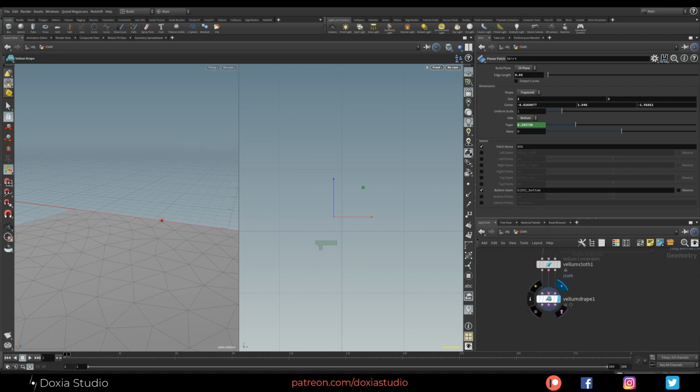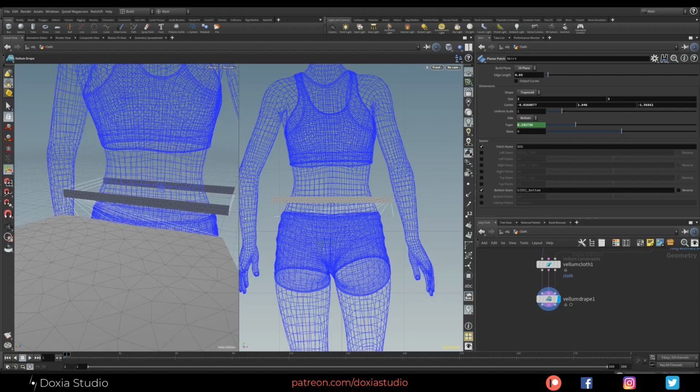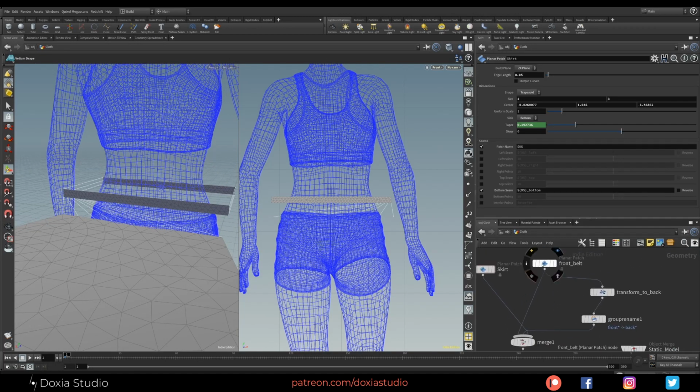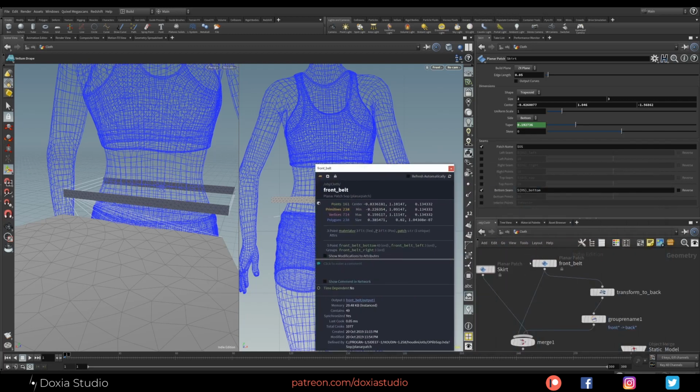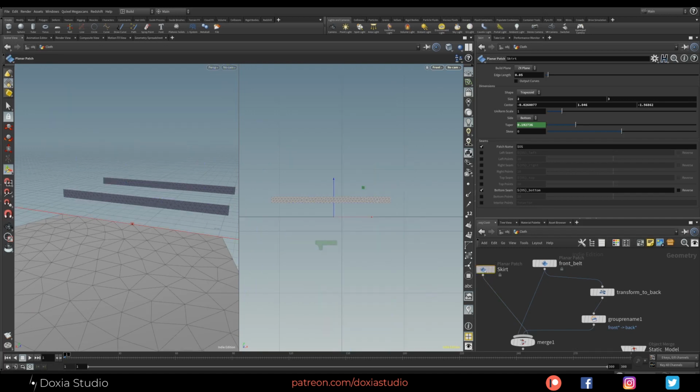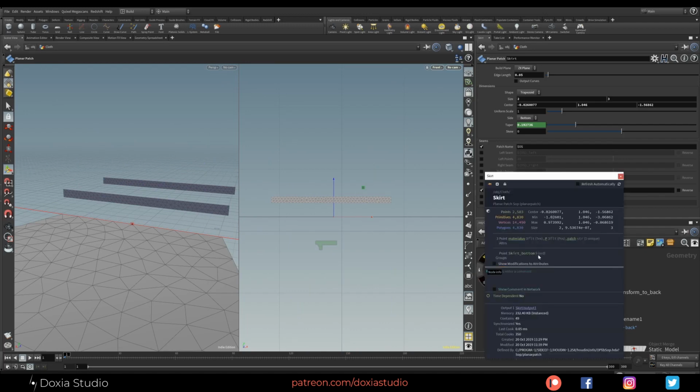Again, if we check vellum drape, we don't have enough points to wire this. So one way to do that is, if I remember, here on the point groups, on the information from this patch node, you can see our front belt bottom has 40 points, okay? And in our skirt, we have only 9.